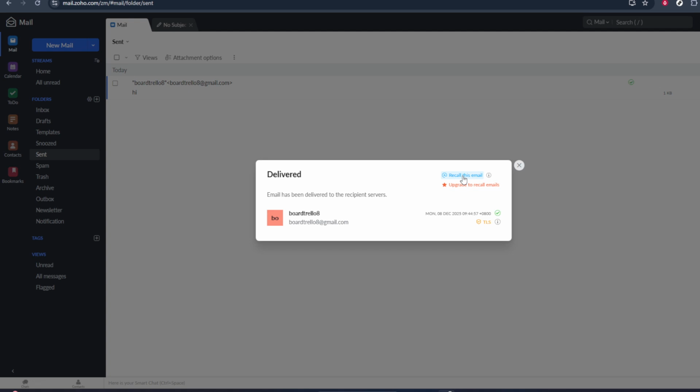Keep in mind that Zoho Mail requires an upgraded plan to actually use the recall feature. If you're on a free or basic plan, Zoho will prompt you to upgrade before you can complete the recall. Without that upgrade, the recall won't go through, so